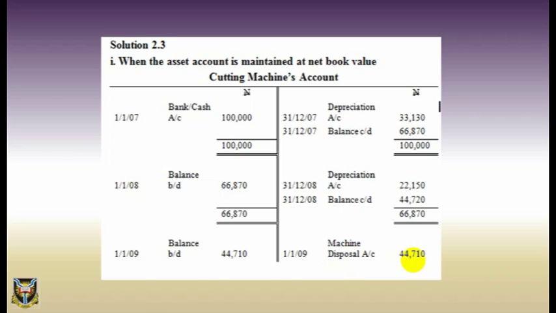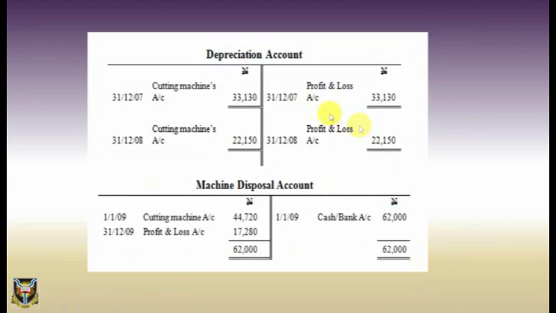Depreciation account: cutting machines. 31/12/2007 A/C 33,130. 31/12/2008 cutting machine 22,150. Profit and loss: 31/12/2007 A/C 33,130. Profit and loss: 31/12/2008 A/C 22,150. Machine disposal account: